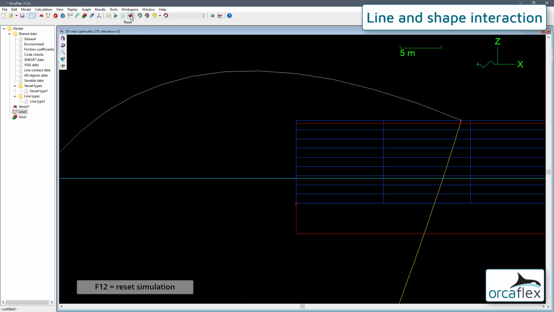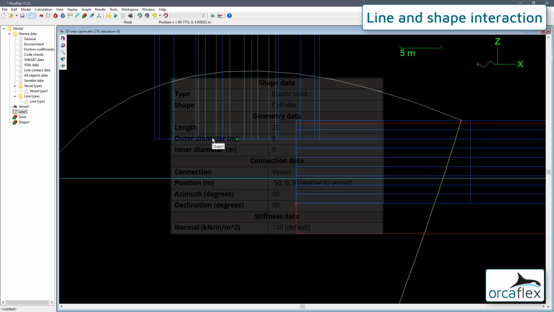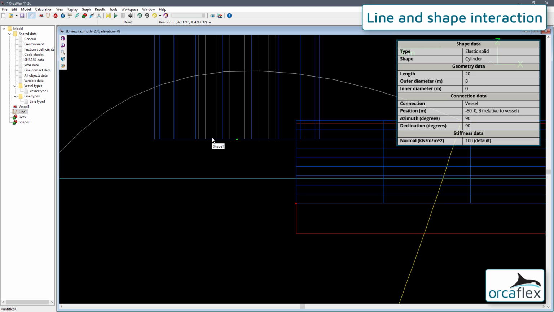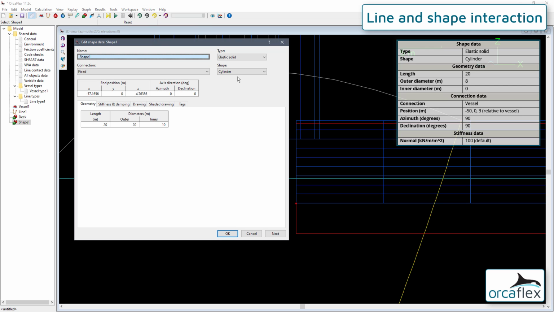We'll now add a new shape to form the chute. We'll use the data shown in the table to create and position the shape. So this is going to be the default shape, which is the cylinder type. The default length is correct at 20 meters. We just need to change the outer and inner diameters.